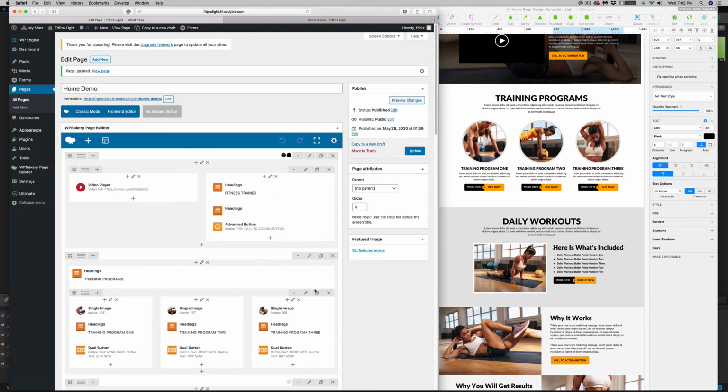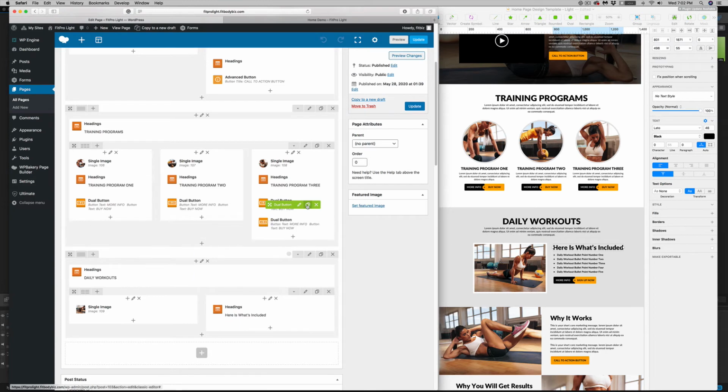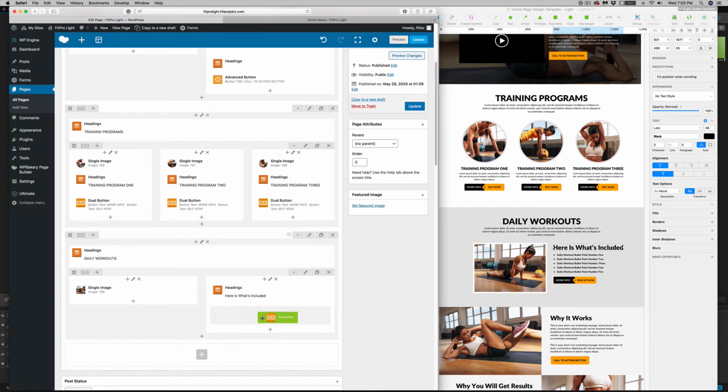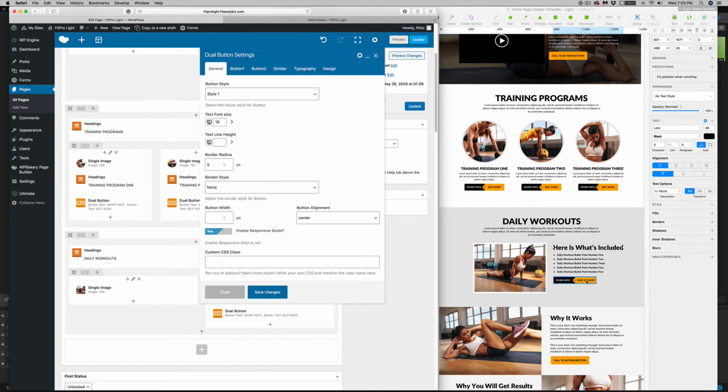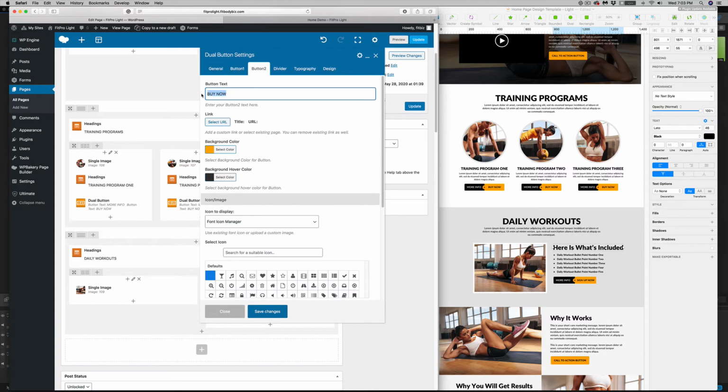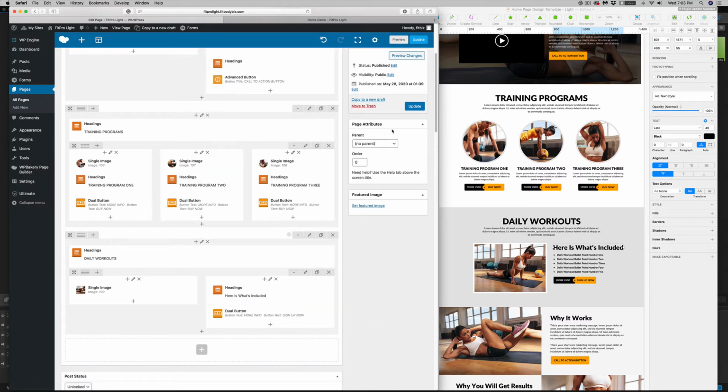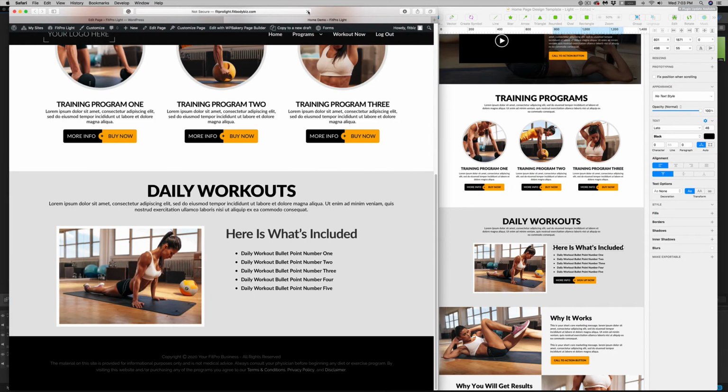So we're gonna go back in here. Once again, we're gonna clone that button and then drag it down below that heading. And as I said, we're gonna edit this and we're gonna change off the label on that second button to be sign up now. So button number 2, and this is just gonna change to sign up. Click Save Changes, update that page, go back to the browser, refresh the browser, and now we've got that button